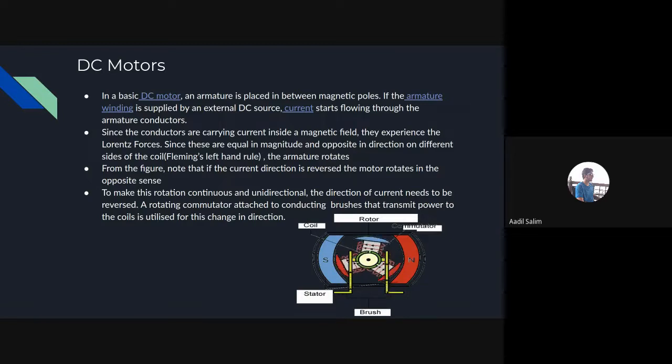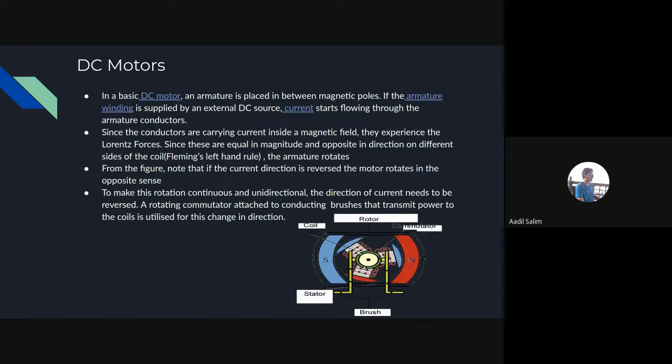The brushes, we can't see the brushes here, but they are there. It's essentially what connects the commutator to the coil. It's a conductor. It will be conducting. So this is how a commutator and a brush together work to make sure a motor gives unidirectional and